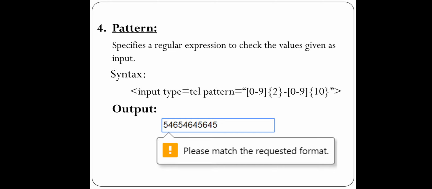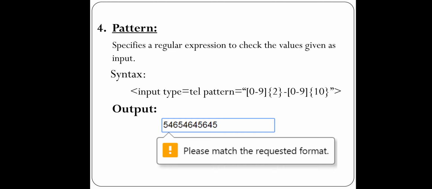We'll see what it means. Generally this attribute is used with input type equal to tel. Why? Because a telephone number could be a mobile number or it could be a landline number, and both the number formats or expressions are different.